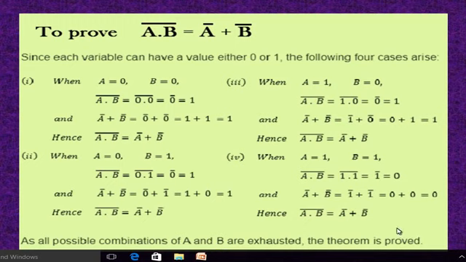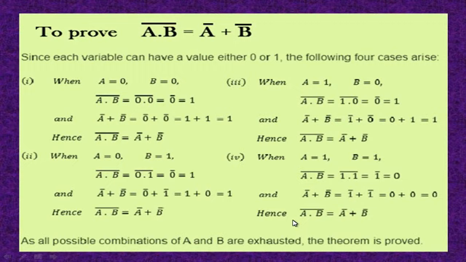Students, remember that you have to prove De Morgan's theorem in a proper way. First you have to write the statement, then draw the diagram, then write the truth table. After writing the truth table, you have to prove all the four cases properly, either for De Morgan's first theorem or second theorem. If you have to write both theorems together, then you have to write both in a proper way. Otherwise, your marks will be less in the board exam. So remember, write in this way properly.